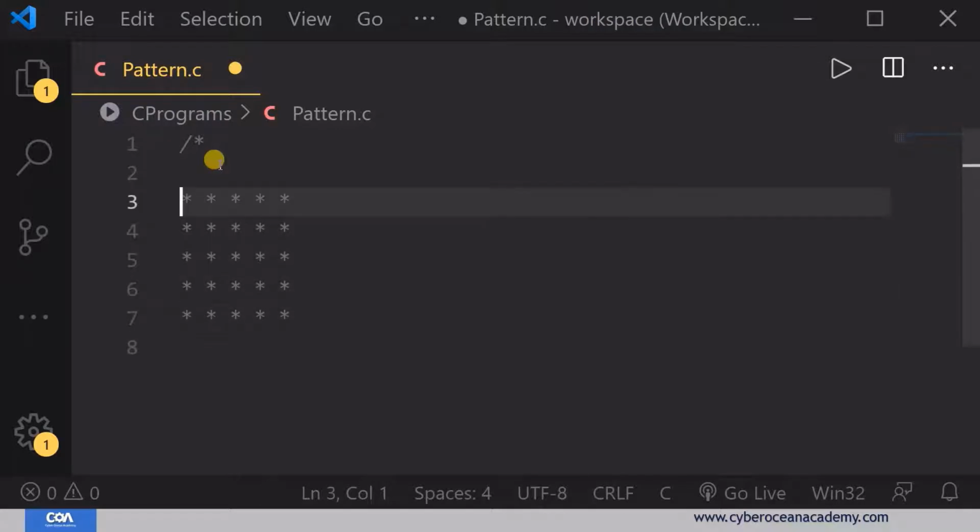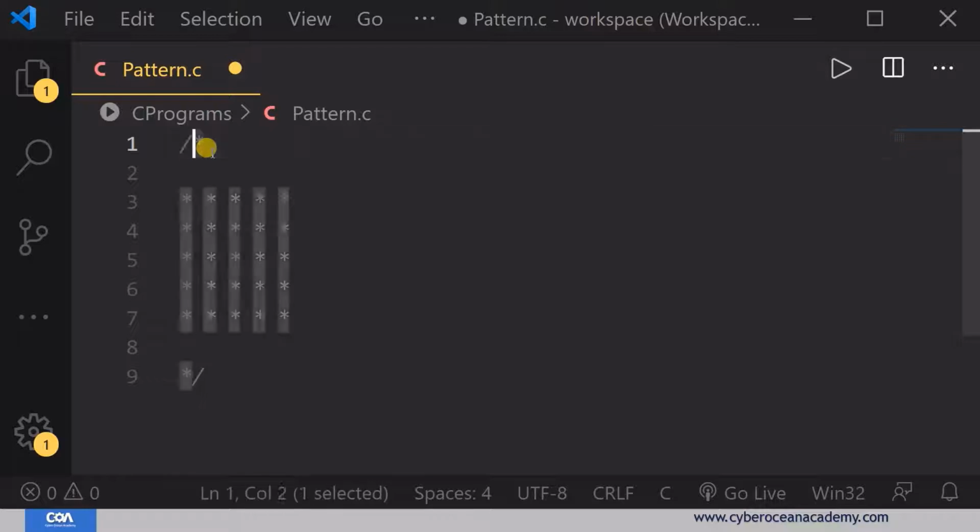Here you can see this is basically a square pattern. This part is not considered in the pattern; it is a comment, which we use for multi-line comments. The stars here are the given square pattern, a pattern program you have already learned in the last video.